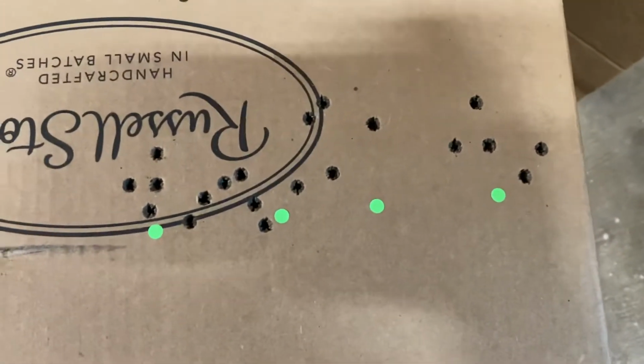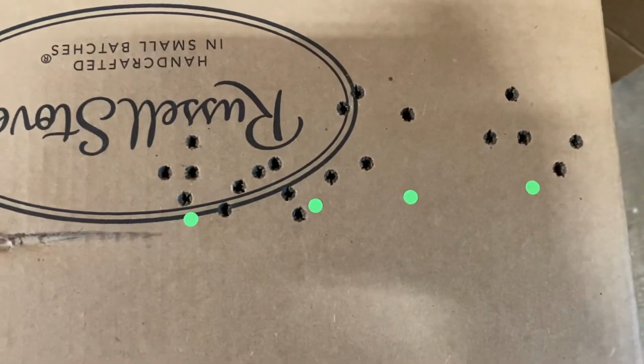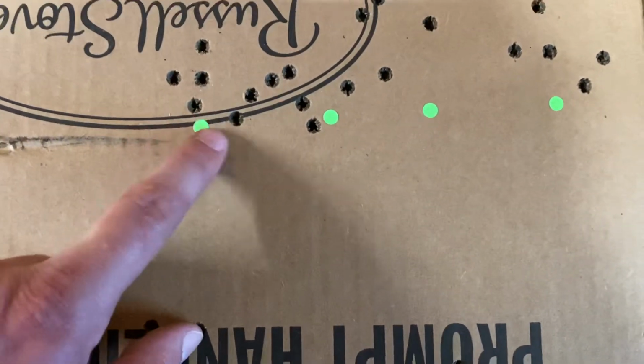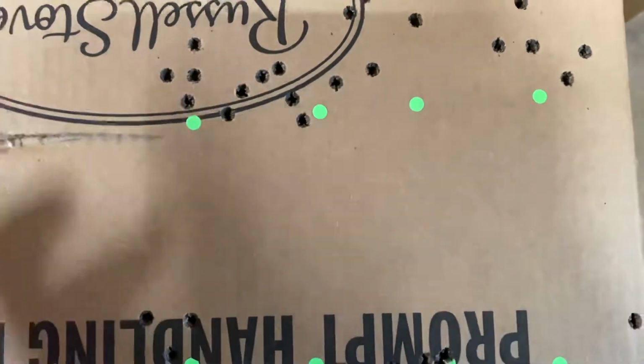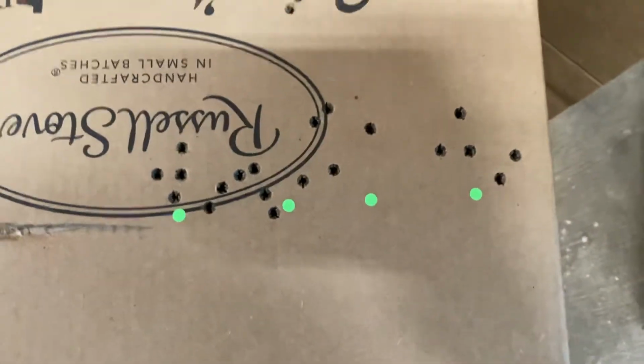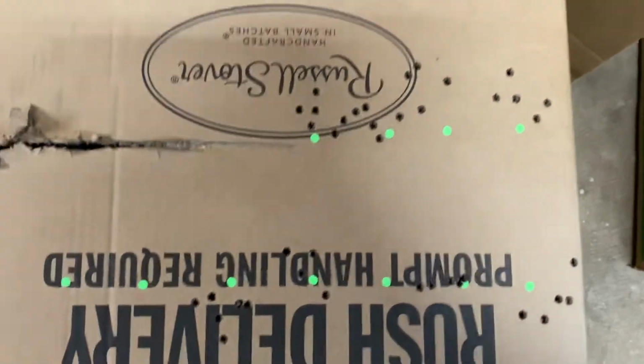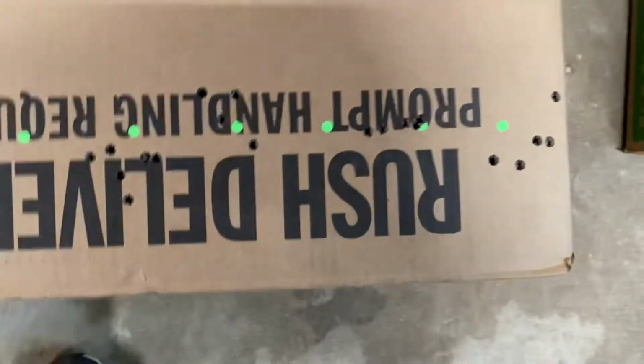The performance wasn't there, and maybe going lower, because that's really crap. That's close to probably our tightest group there. I'm not even going to put the calipers on these, to be honest with you. It's not even worth it. I'm not going to pursue, even the 125, the Noslers,